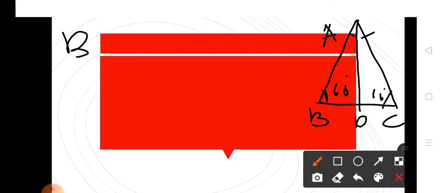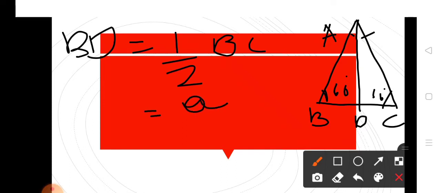BD चाहिँ half of BC हुन्छ, जुन चाहिँ हामीले BC लाई चाहिँ 2A भनेर suppose गर्यौँ, so half of BC is equal to A. Just assume this now. BD equal to half of BC, which is equal to A. BD चाहिँ A हो, half of BC. Now what we will do is,